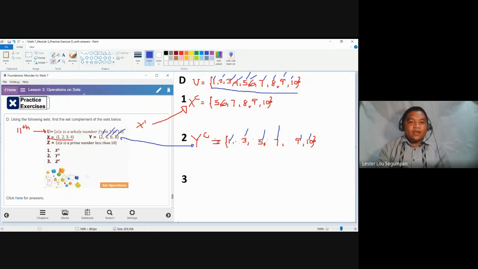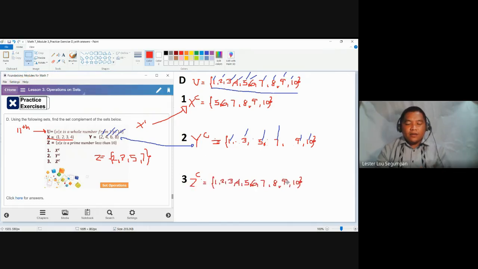Finally, for Z complement, again, we all know that Z contains the elements 2, 3, 5, and 7, as presented in the previous videos. So to answer Z complement, simply copy the universal set. By the way, the universal set here is 1 to 10 because that is what is given. But if the universal set is changed, let's say whole numbers less than 20, it should include more elements.